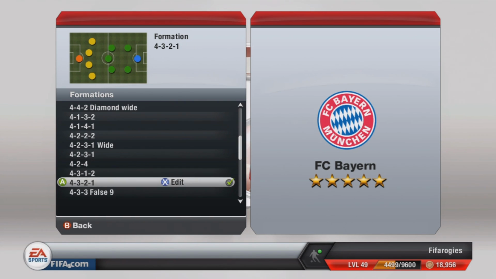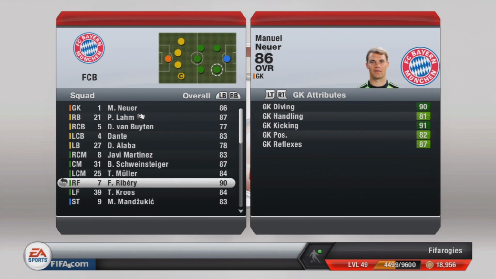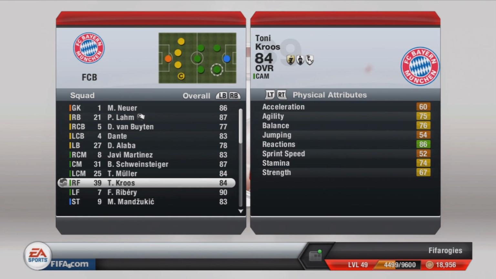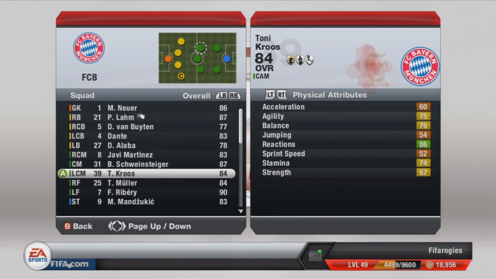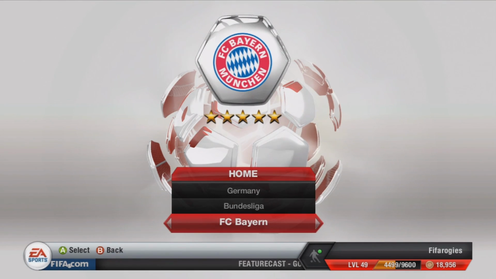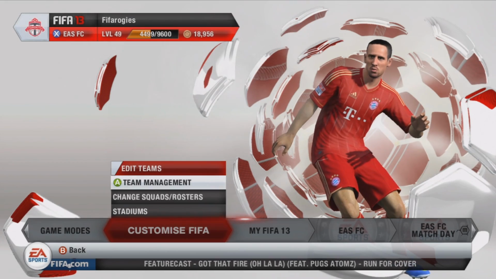And the reason why we do this is due to the fact that custom set pieces differ according to the formation in which you use them in. In other words, if I use a 4-4-2 versus a 4-3-2-1, it is going to change the nature of the set piece, despite the fact that we're still using the same set piece. So once you have matched your formation with the formation that you plan on using on Ultimate Team, you want